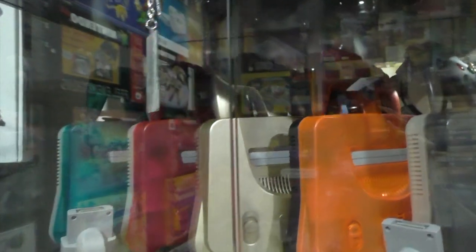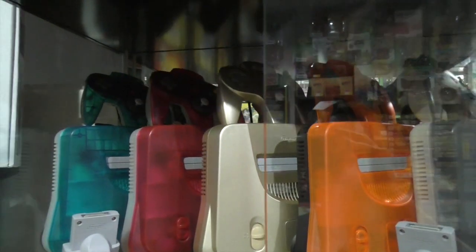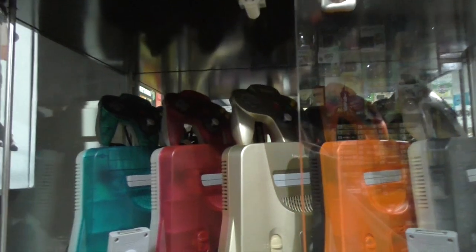Moving on to my favourite cabinet, my N64s basically displayed. So actually I might just open this cabinet up. It's quite hard to see with the glass. Just bear with me. I'll open this one up too. Lock and key. There we